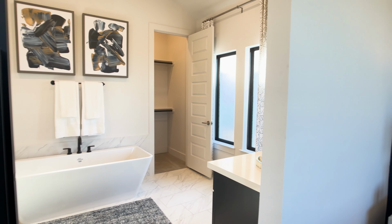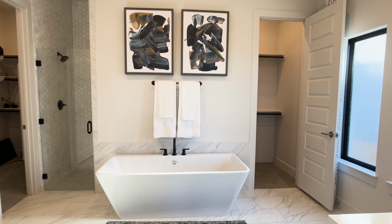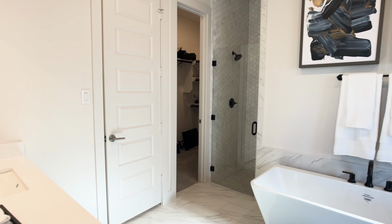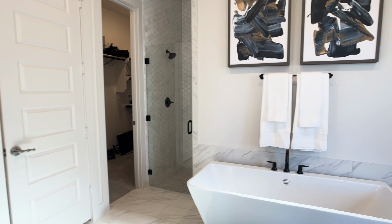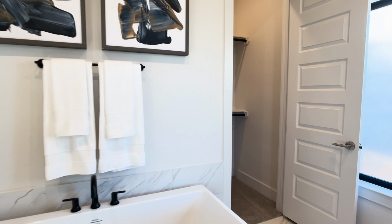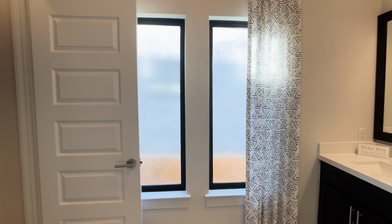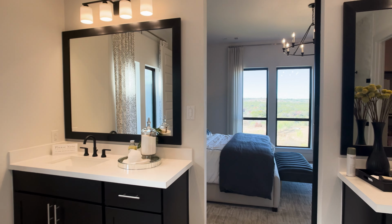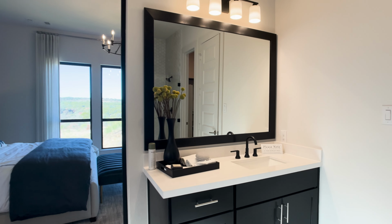When people ask me, why do people keep moving to the Austin metro area? Why is it still moving, even though the market did pull back like it did everywhere else? But why are people still going there? And the answer is simply the beauty that's here. I think people are surprised that this is possible in Central Texas, that even at just over 2,300 square feet,